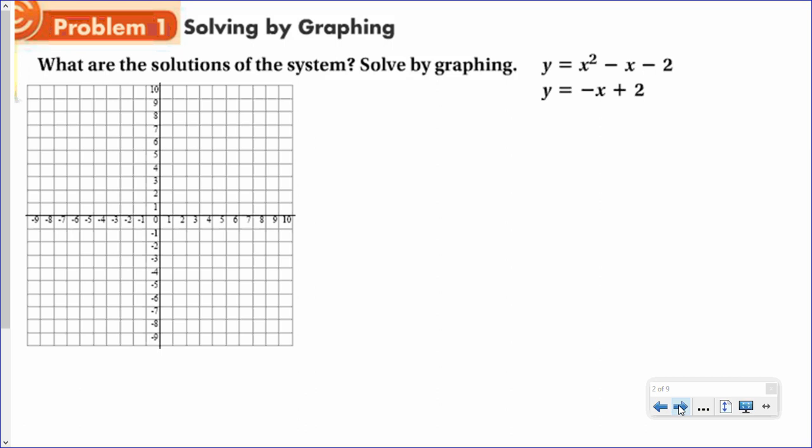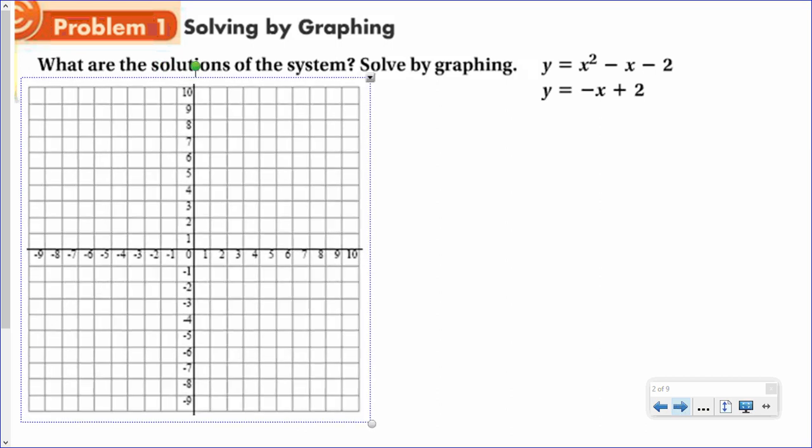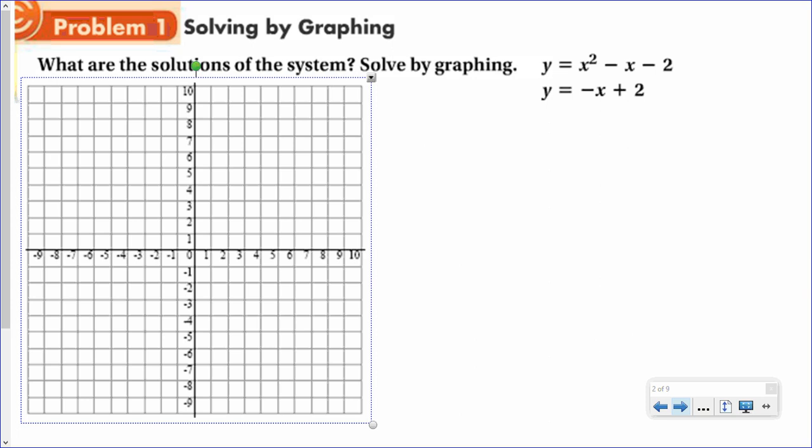Okay, let me make this a little bigger. And hopefully I don't run out of space. Okay, here's what we have. We have a quadratic that we'll graph first, and then we'll graph the straight line. Here's how you graph a quadratic. You have to find the axis of symmetry